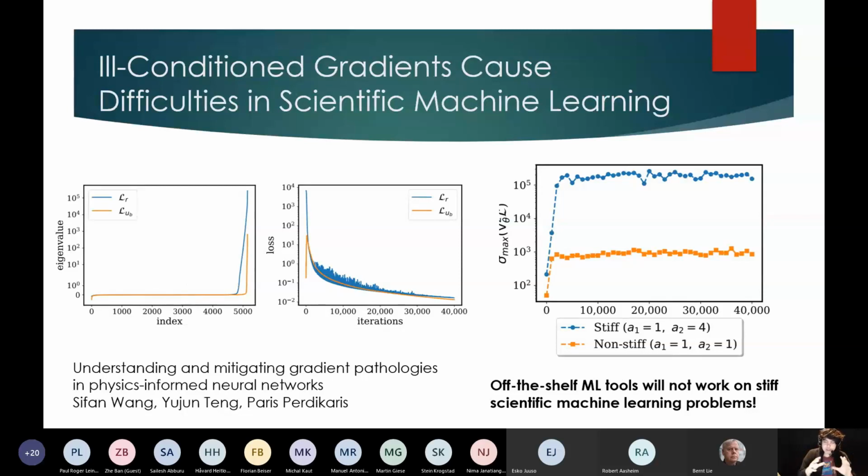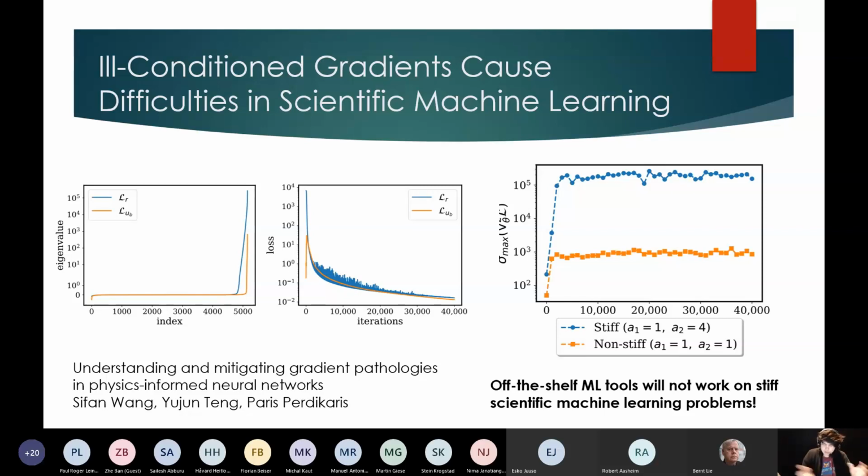So where are we starting to go with this as a numerical ecosystem or numerical method? Well, the problem is that ill-conditioned gradients tend to cause a lot of difficulties in scientific machine learning, and where we as a numerical group have been coming in is we've been developing a lot of new methods and new techniques that get around these gradient pathologies that you see in other forms. There's another form of this which is trying to approximate the entire set of differential equations, but at the solution level by a neural network. This is called the physics-informed neural network. And it shows that if you have stiffness, you cannot really recover the equations well because you have these gradient pathologies in the training process.